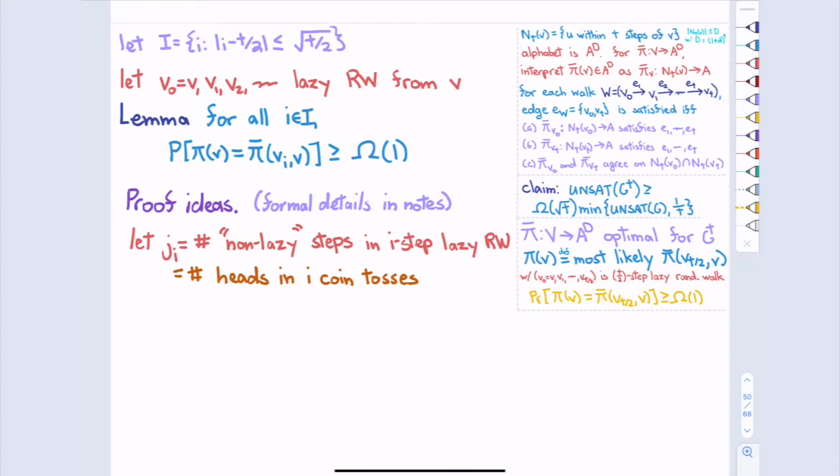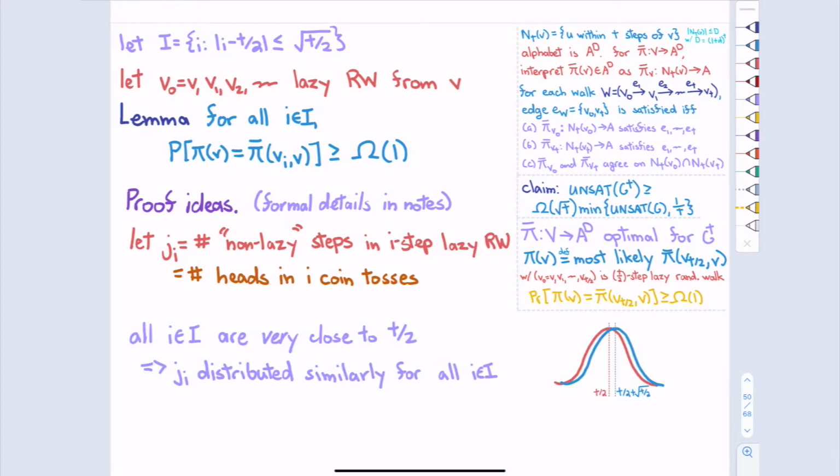And in general, maybe square root T seems like a lot, except if T is really big, square root T is small. Square root T is smaller than any constant fraction of T. So this is small enough that all of these I are so close to T over 2 that j sub I is going to be distributed really similarly over all I. If I drew the distributions, it'll look like a Gaussian because it's a sum of coin tosses.